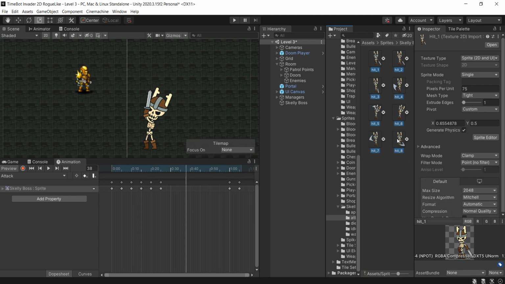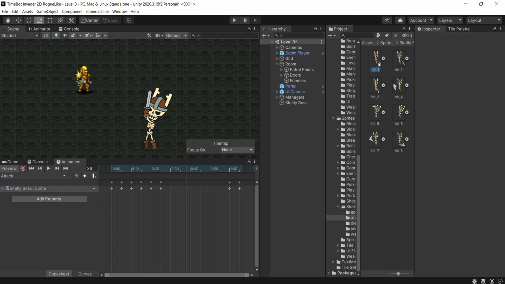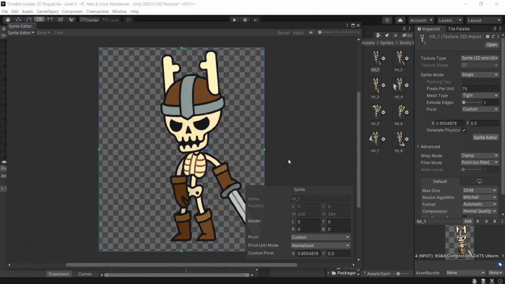So to fix this, I've made sure to go into the sprite editor. And in here, I changed the custom pivot. So this is the point where, let's call it the center. It's a pivot actually, but there is a slight difference between pivot and center. But this is the center right now. When the center was right here, because the whole image was moved to the right, that's why the entire enemy moves to the right. So what I did is I changed this center right here, created a custom pivot, and it was